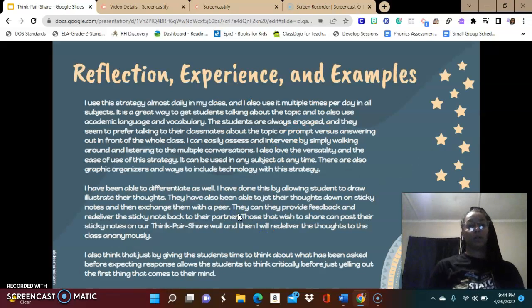I use this strategy almost daily in my class, multiple times a day in almost all the subjects. Of course it's a great way to get students talking about the topic and also use academic language and vocabulary. That's one thing that I'm very big on in my class, using the academic language, using the vocabulary. If we're talking about, for example, the lesson that I taught recently where I did Think-Pair-Share as an instructional strategy, it was comparing settings. So you want them to use vocabulary words such as compare, contrast, settings, similar, different,